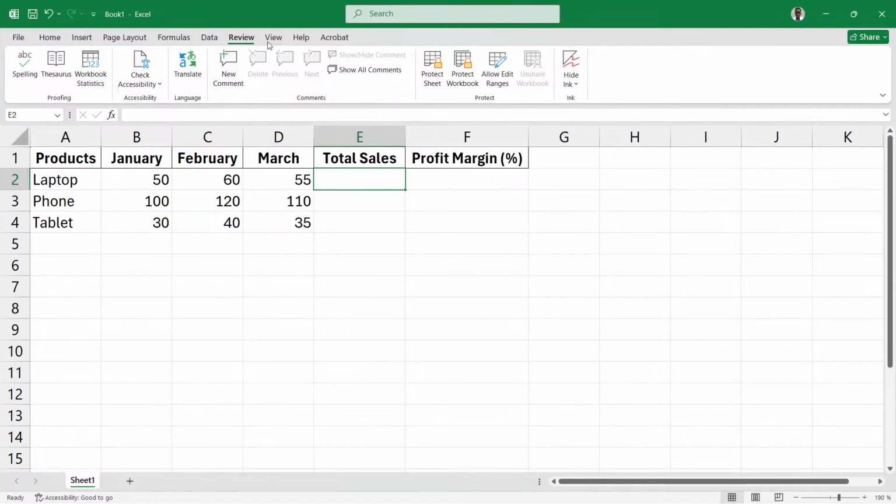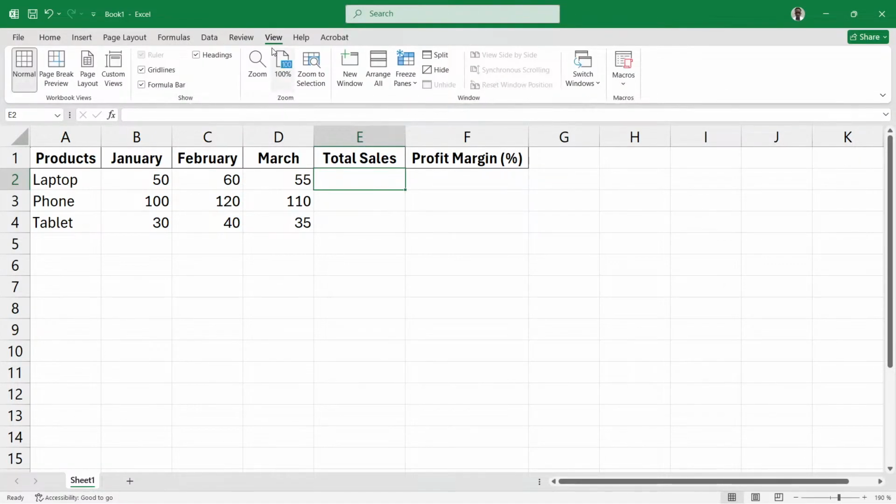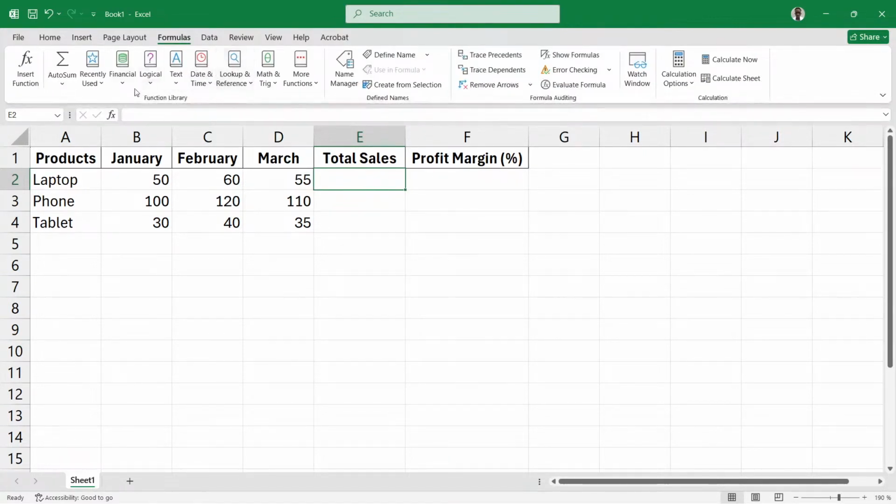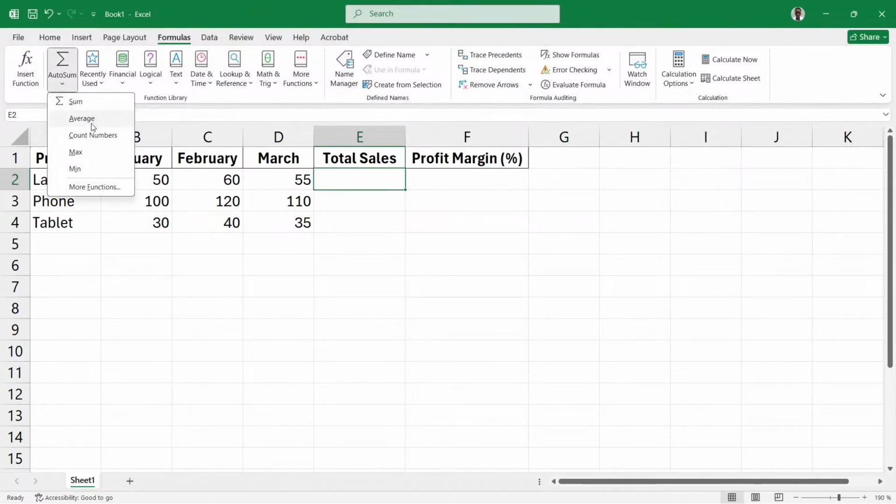Well, review is just reviews on the document, and view is for accessibility and so on. In order for it to perform any mathematical operation, who can guess where we need to go? Of course, formulas. We go to the formula tab and we see a variety of formulas. You have auto sum, sum, average, count numbers. This is sum, which is what we want. But I'm going to show you another way, so that if what you want is not here,